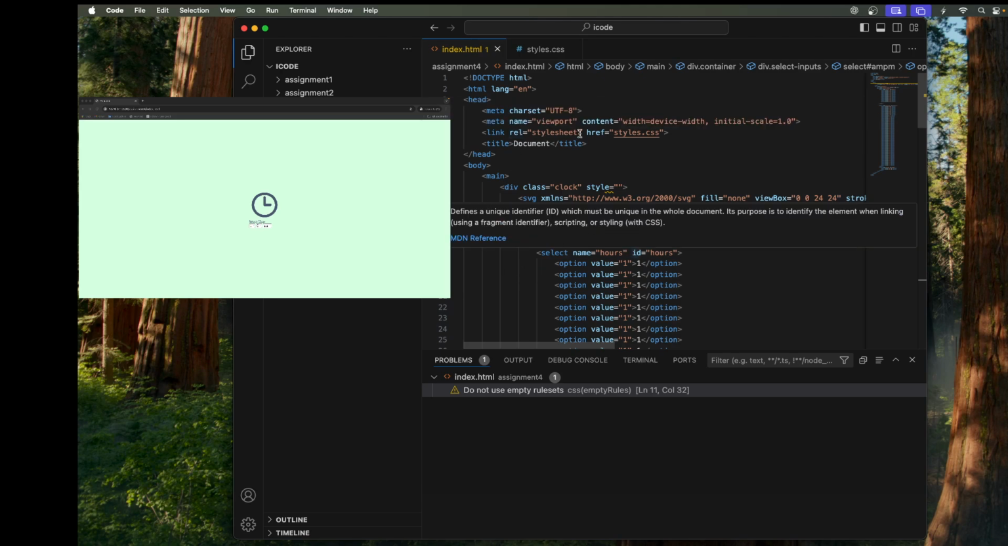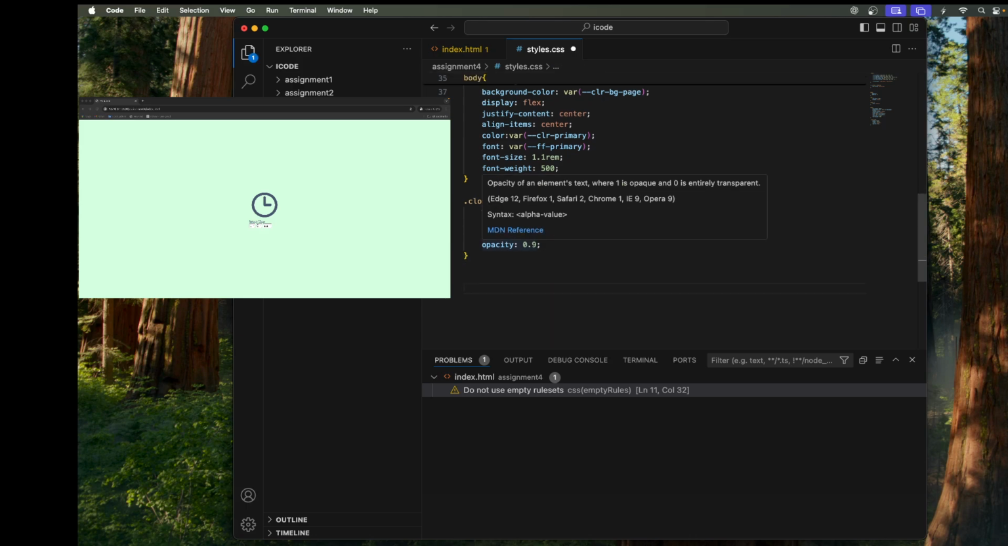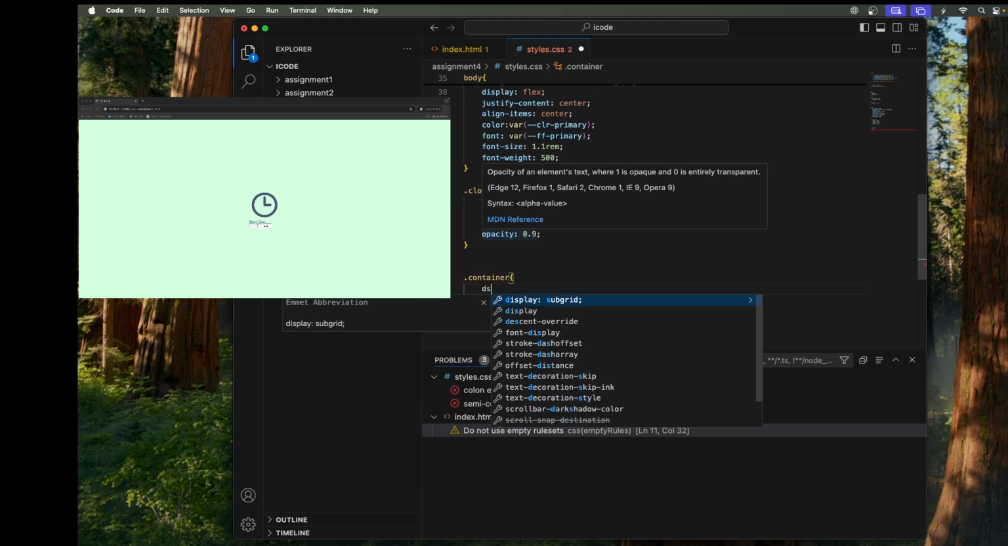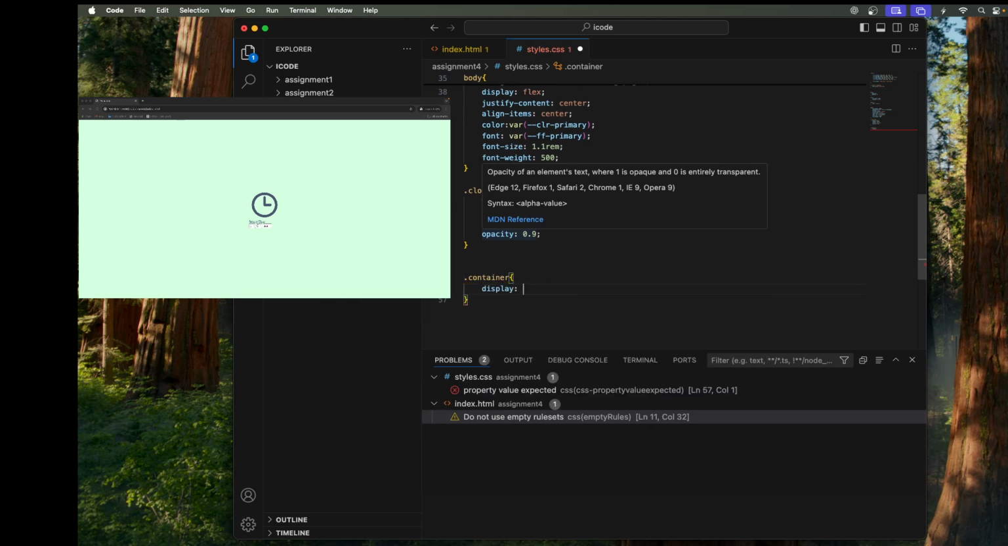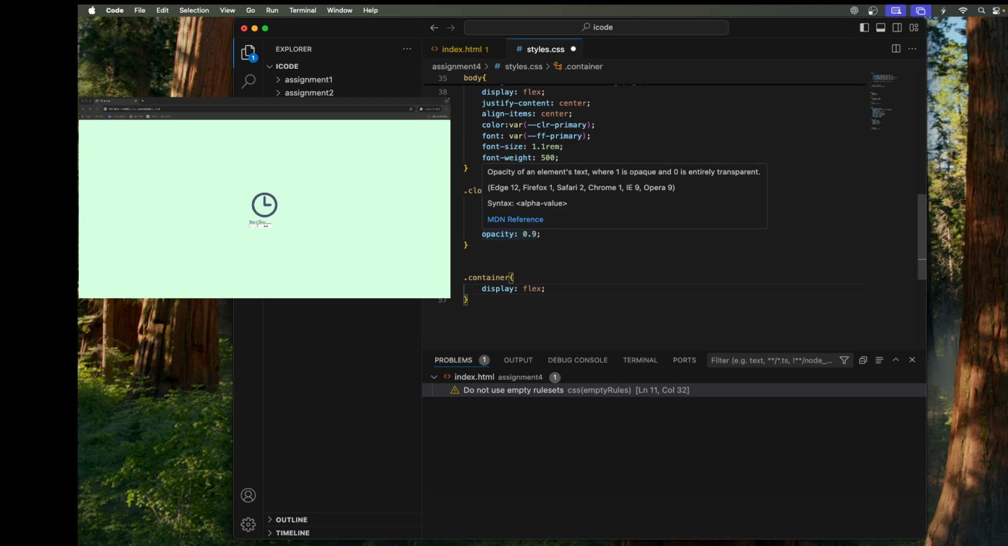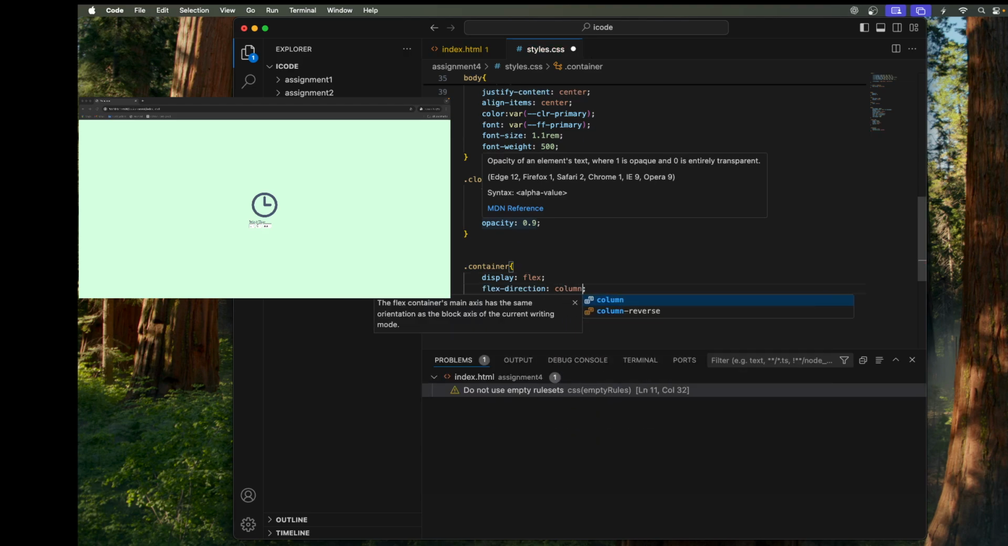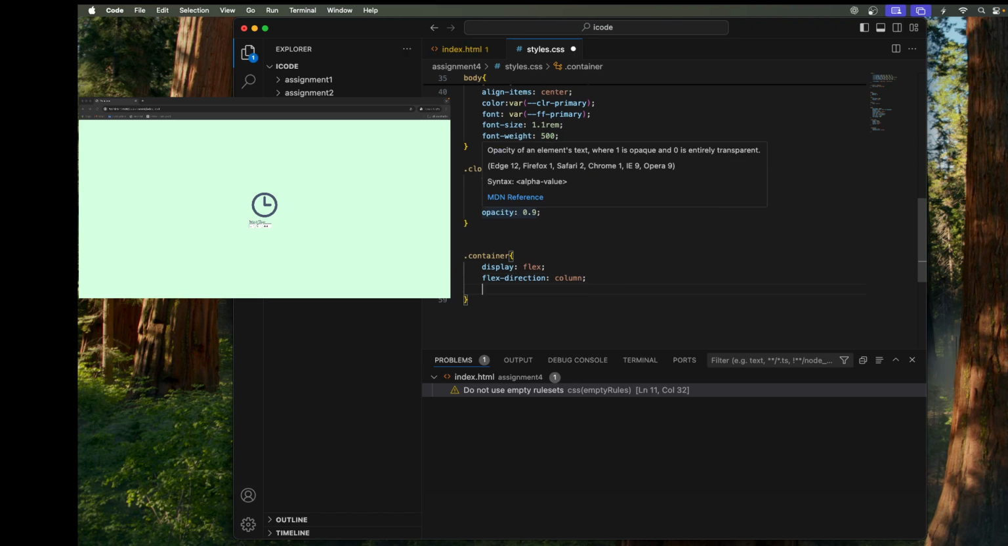Okay, we can work on this container as well because we need, yeah, to this, right? So you can do dot container, and then this has to be column, right? So you do display flex, and then add in a flex direction as column. And then let's give this a background color of white. So the box has come in,